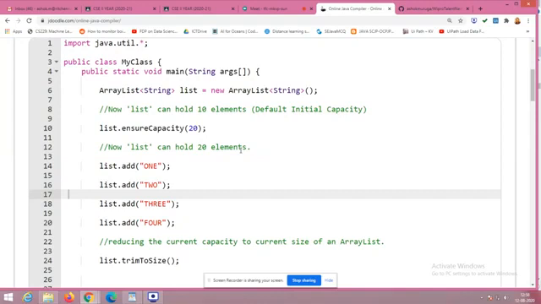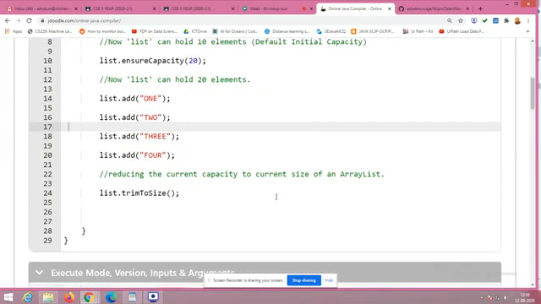I have converted it into 20. I have utilized 4 places in that. So the remaining 16 places are empty. Now if 16 places are converted into 10 places, in which 4 elements are occupied, then remaining, I have only 6 places, right?